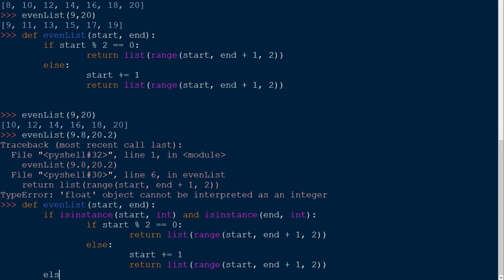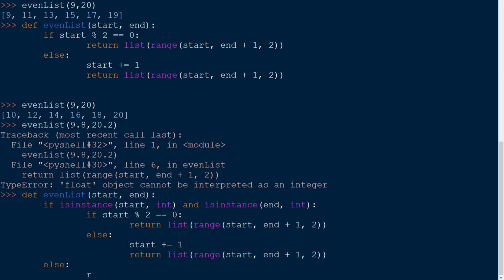You can do that by typing else, raise ValueError, expected int, got, type start and type end.